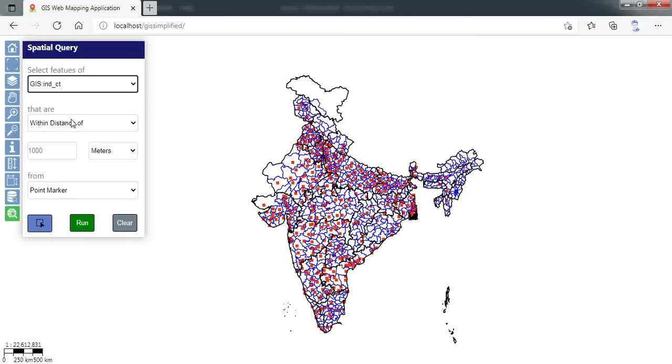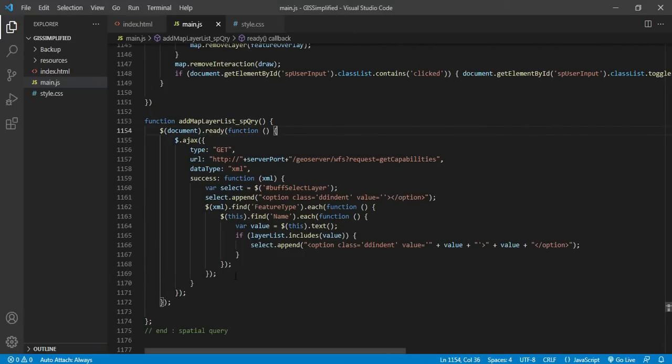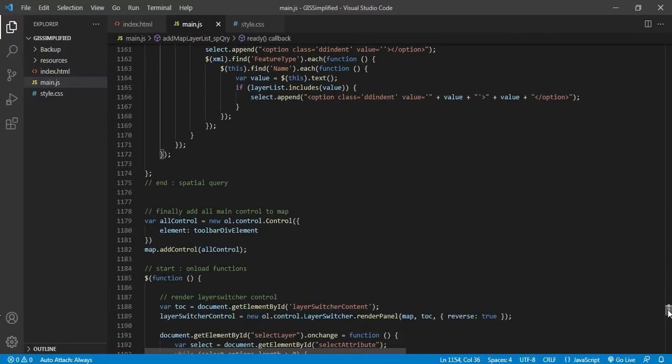Now I am selecting city layer, and then here I have option within distance, intersecting, option to enter the distance, and then various markers. So we have done the HTML and CSS part of it. Now we have to add functionality to this marker, run and clear button. That is the code which is pending as of now. So we will write JavaScript code which will add execute functionality to this. Let us go to that, and then I will scroll down to the right place where I want to place the code for those three buttons.